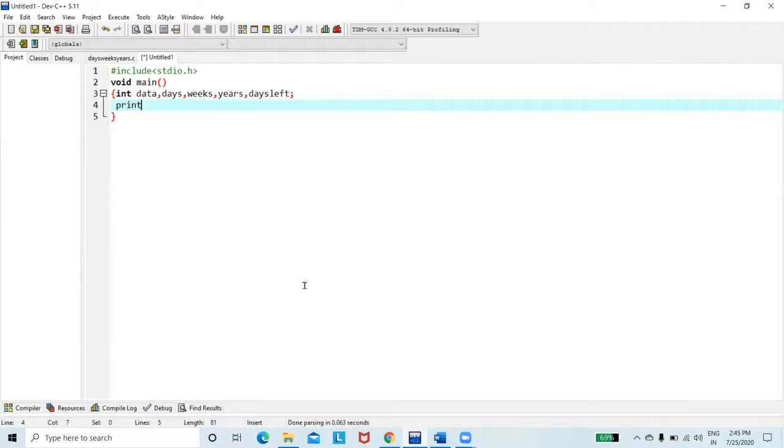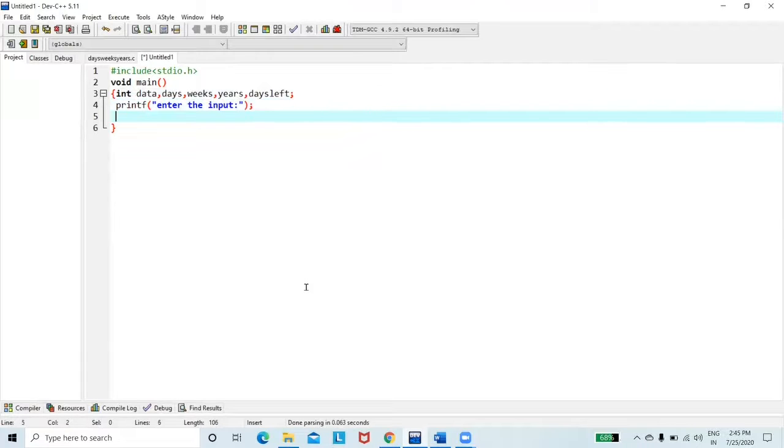Now, first I'll take the input data. So I'll write the print statement, printf of "Enter the input". Now I have to store it somewhere, so you have to use the function scanf. That is an integer type, so I'll use %d and store it in data. So I'm giving the address of data.